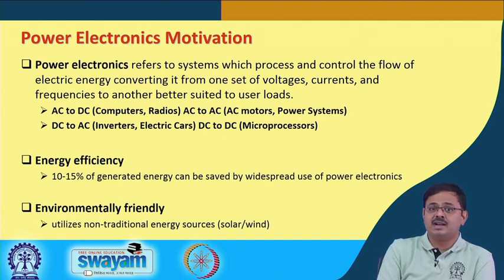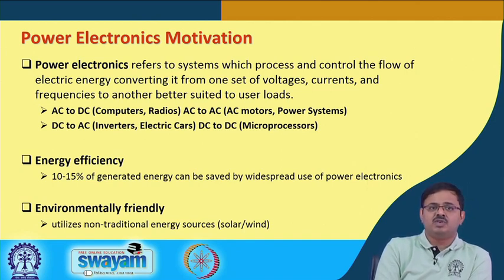In USA, it is 110 volts. It can lead to electric shocks, but probably the impact is going to be less dangerous or probably not fatal. Okay. That is why they have it at 110 volts. Of course, their currents are higher, right. So, energy efficient. So, therefore, if you look at the power converters and inverters,